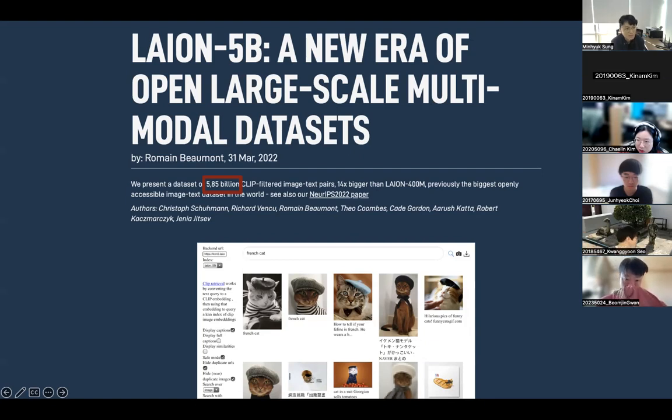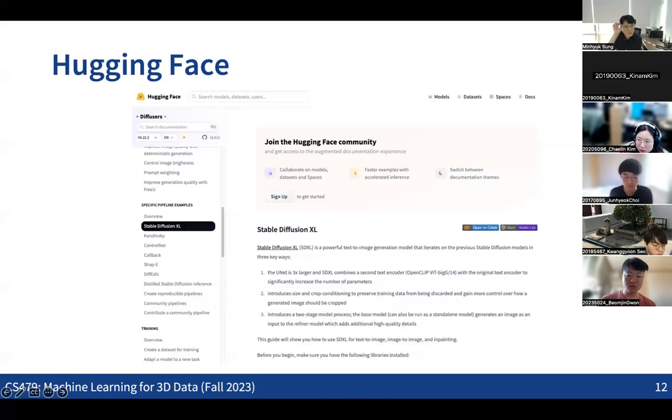So we now have this public data set, and also pre-trained diffusion models, which were trained with these very large-scale image data sets. That's why we could see very high quality generation outputs. You can actually try Stable Diffusion yourself. If you go to the Hugging Face webpage here, you can also check out more implementation details about Stable Diffusion, and try to generate some images yourself and see how well it works. Those are some very recent works showing the improvement in generative models and the very high quality outputs of these diffusion models.